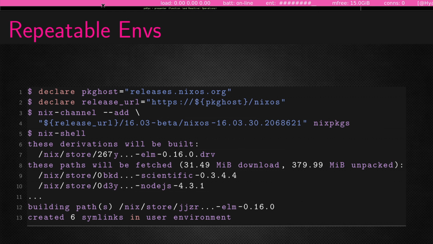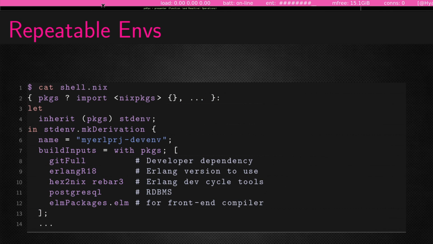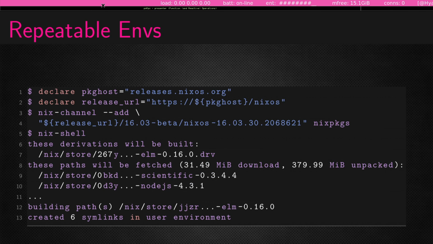And so here, we're specifying the Nix packages version by this URL. And then we launch Nix shell. It loads the expression that we saw on the previous slide, right? And now it's going to build everything that was in that expression from that channel version. And we will be able to repeat this every single time.